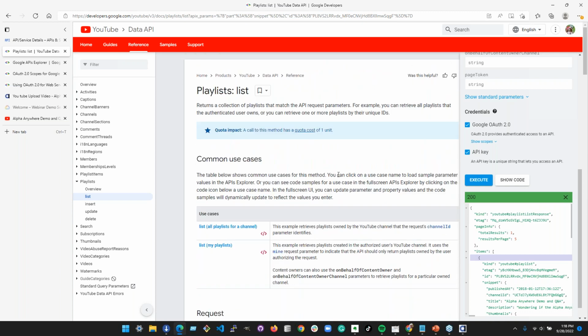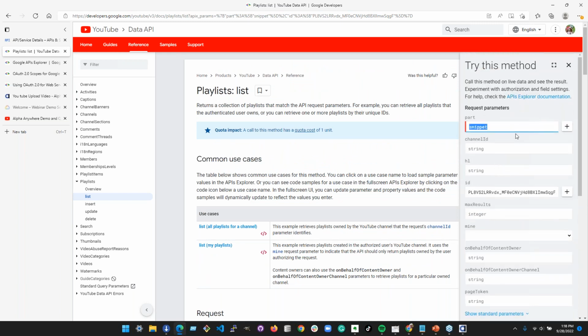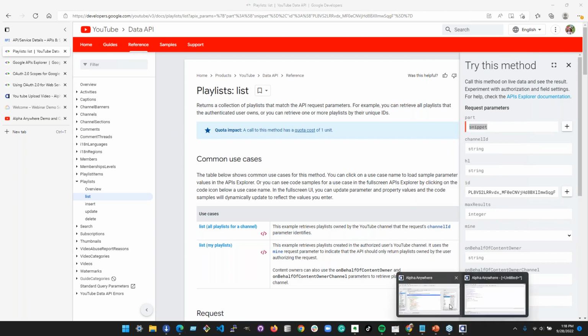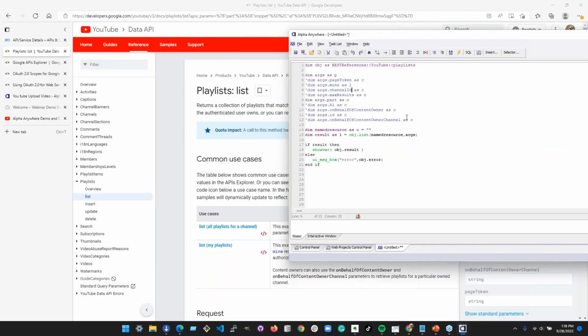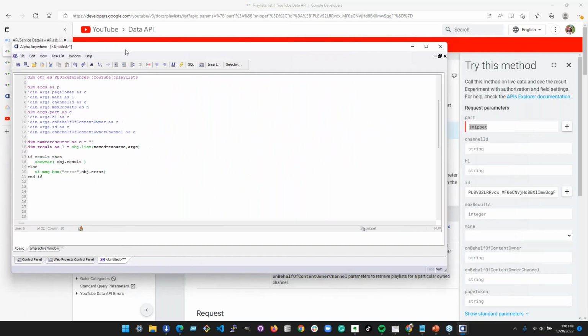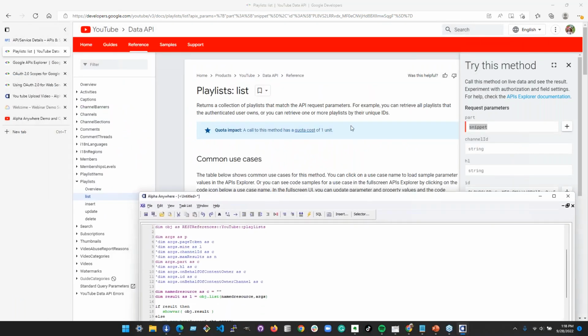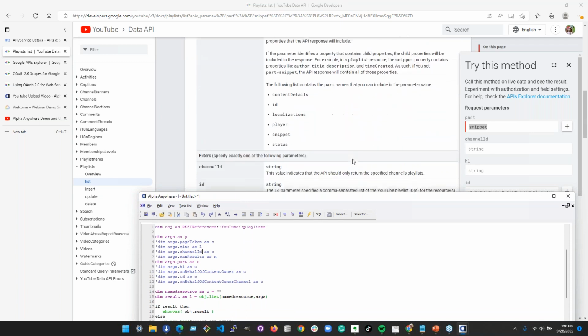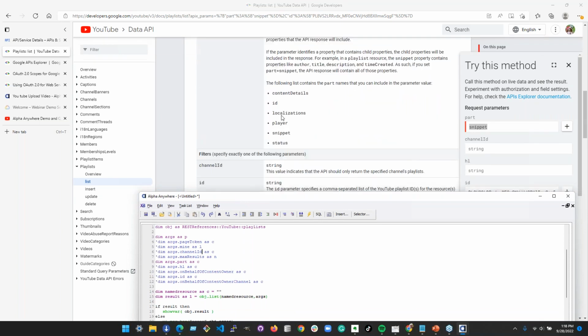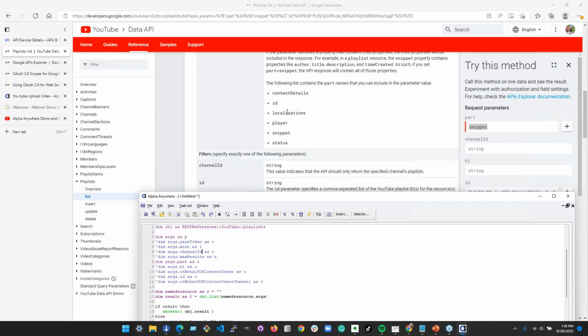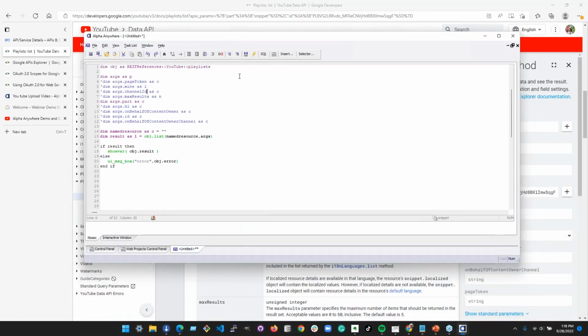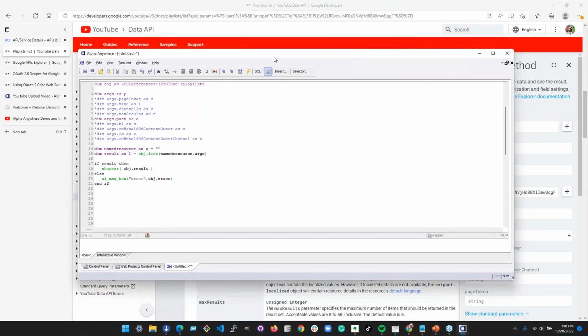So here's one place you can come to experiment with these APIs to figure out how you need to call them. So we know we can take this snippet thing here. Let's just go back and set up our XBasic here. So can I ask you what snippet is and why you knew to put it into that part thing? So that's part. Part is the request parameter, and right here, this is a list of the values it can have. I see. Content details, ID, localizations, player snippet, and status. So I just picked snippet. And that is the part. And part is required.